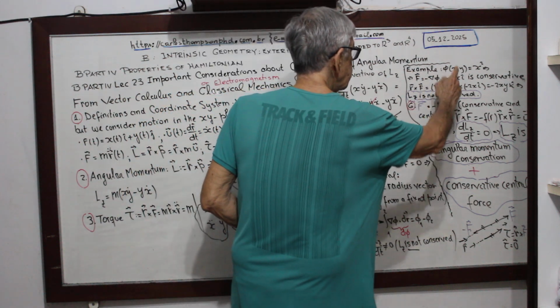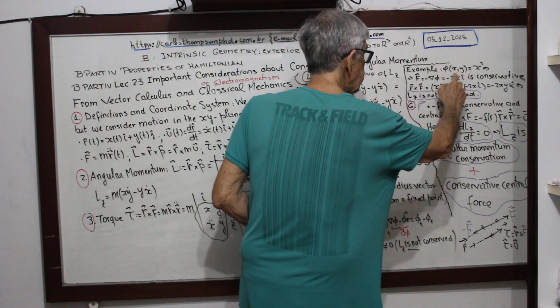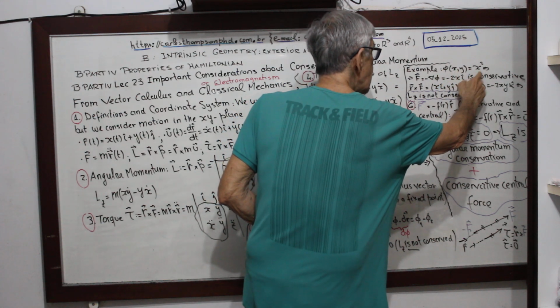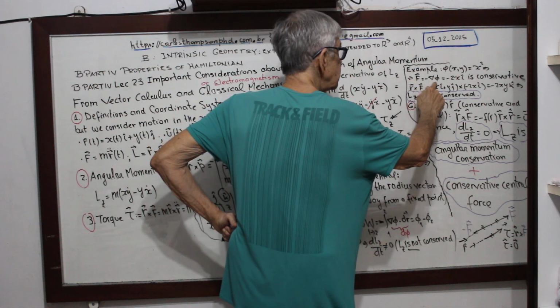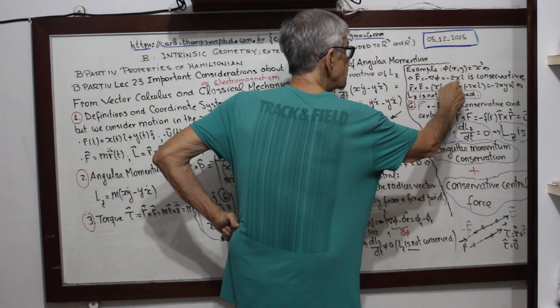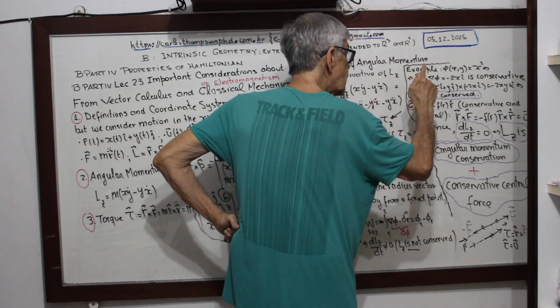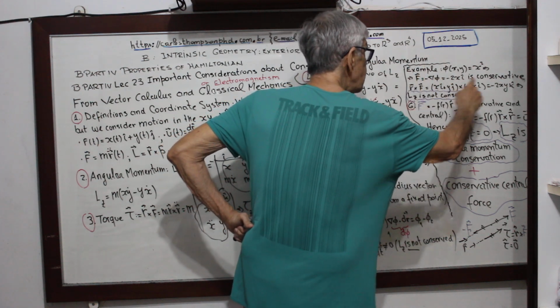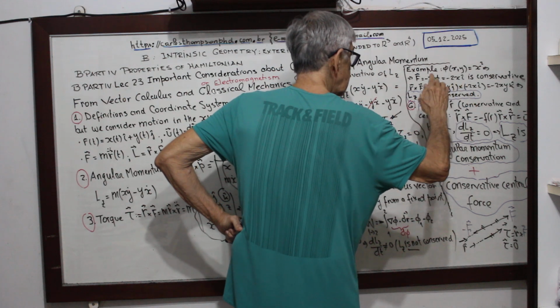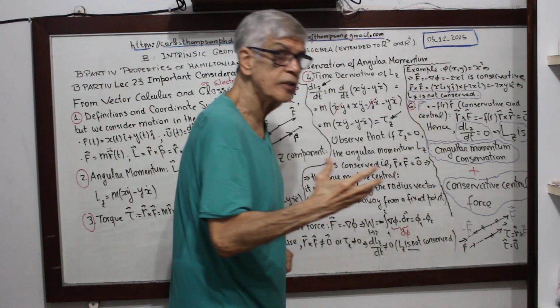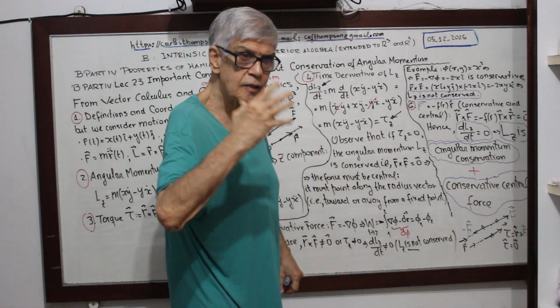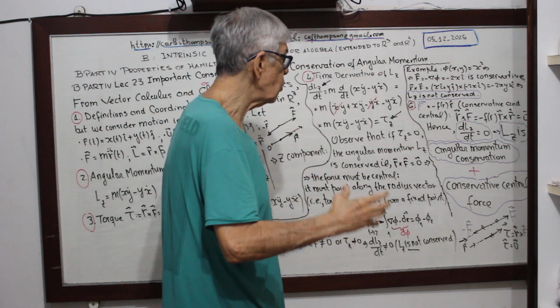Suppose the scalar function of the plane is x squared. Let's calculate the gradient. The gradient is minus 2x i. The gradient is a vector. This F is conservative, because F is represented, in this case, by a gradient. See, so it's called